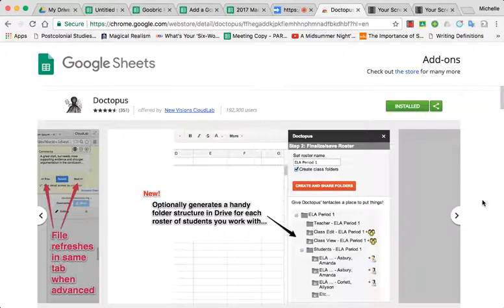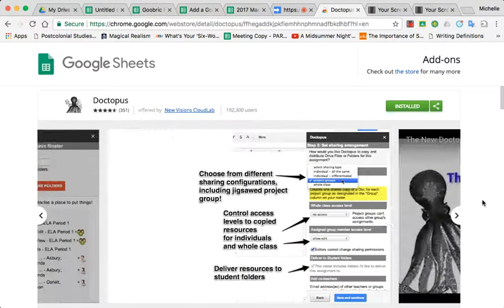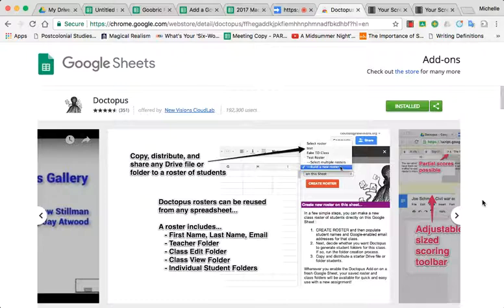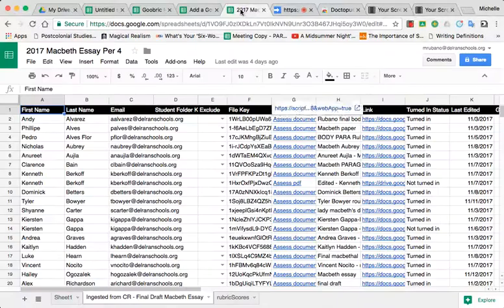Hello, today we're going to go over how to use Doctopus, which allows you to grade a document while looking at the rubric and move between student assignments all from one screen instead of having to switch between tabs. It also allows you to give the student your feedback without having to do any extra sharing. Essentially, what you're going to end up with is a spreadsheet that looks like this with links to your student